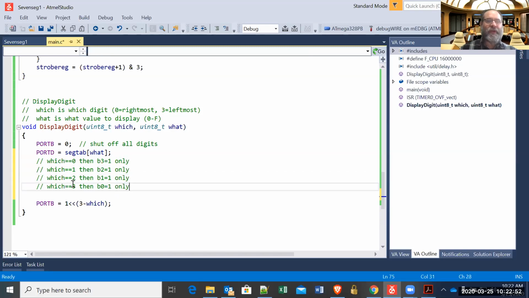Okay, if which is 3, then I want to light up the most significant digit, which means bit 0 only of port B should be on. If I simply did a port B equals 1 shifted by which,